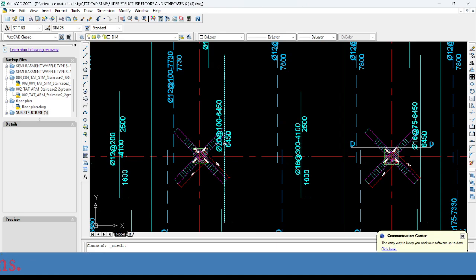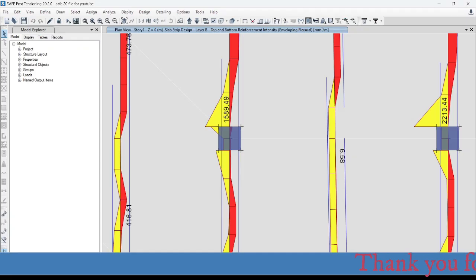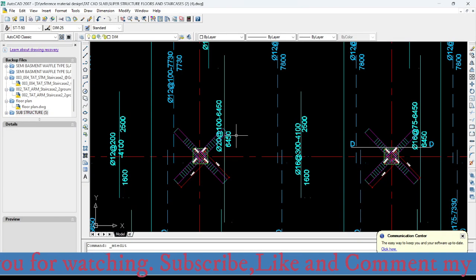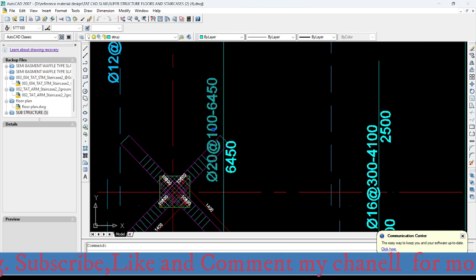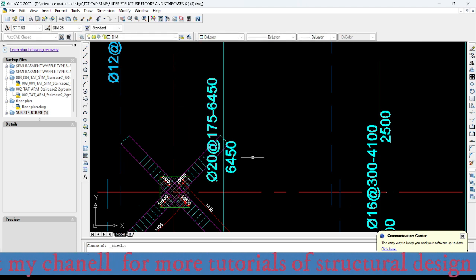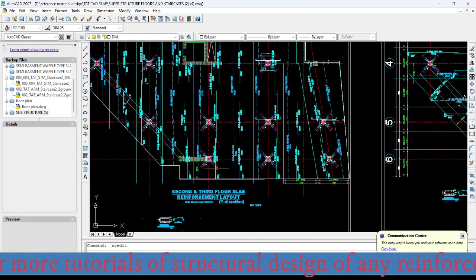I can use diameter 20 with a spacing of 175. 175 here. And the last support,